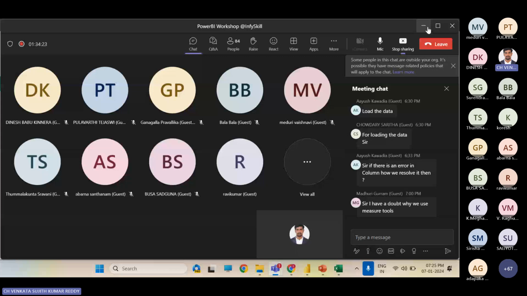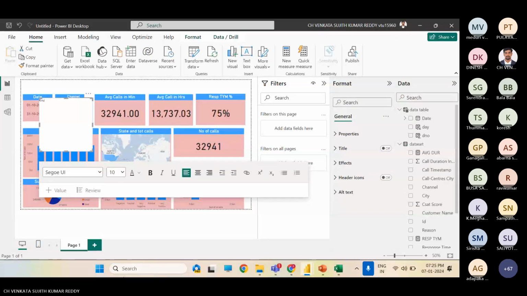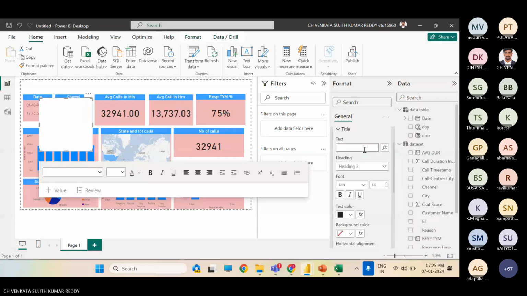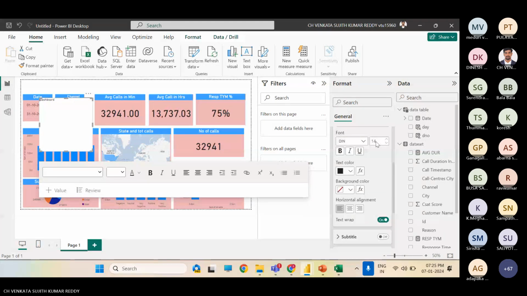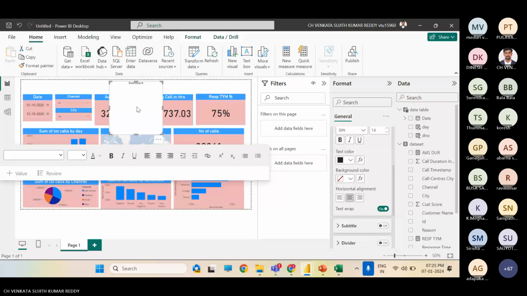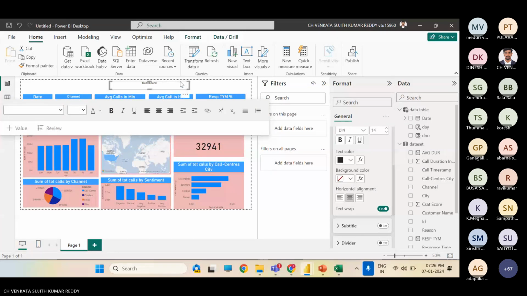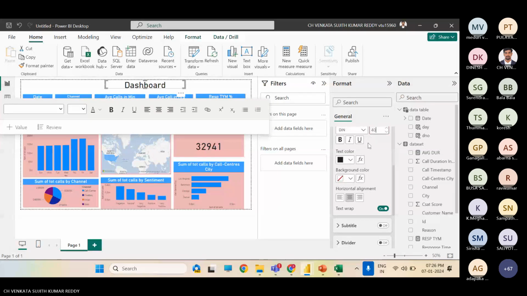Continue here, sir. Yeah. So, this is how creating one simple dashboard with very simple things.